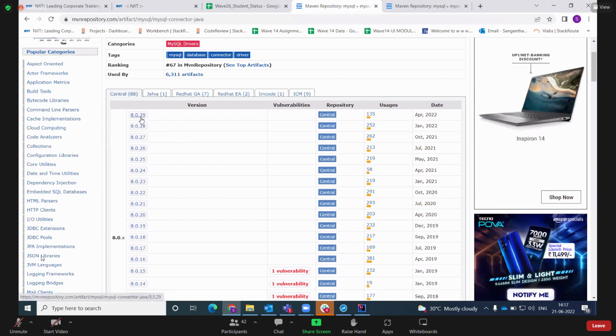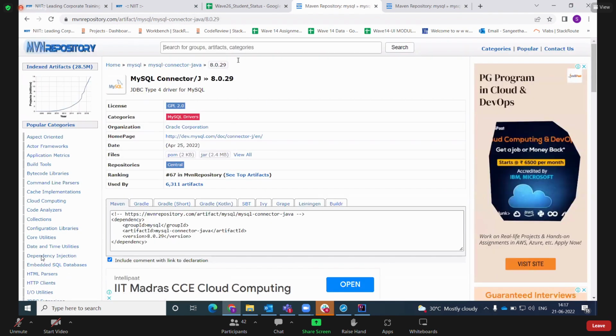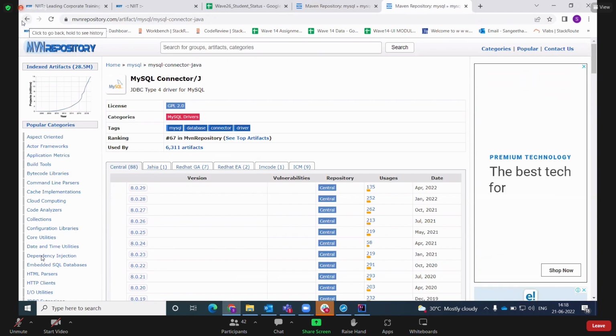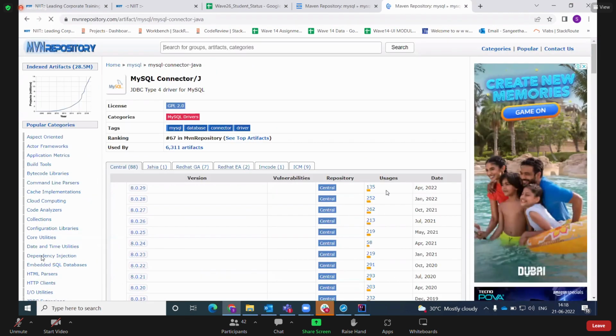So try to use the latest one with high number of usage without any warning, without any problems. So I'm preferring 8.0.29. Just click this link. You can go by this way, or if you search in Google MySQL JDBC Maven, it will redirect it directly to this page where you can get this